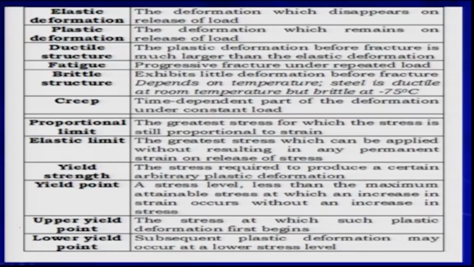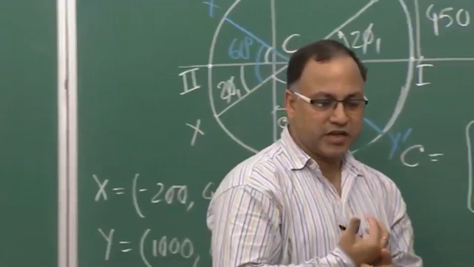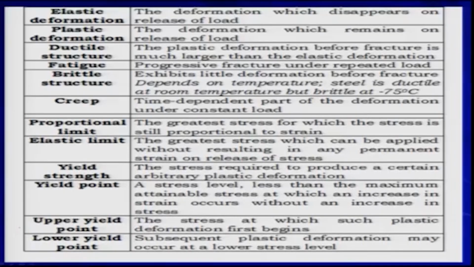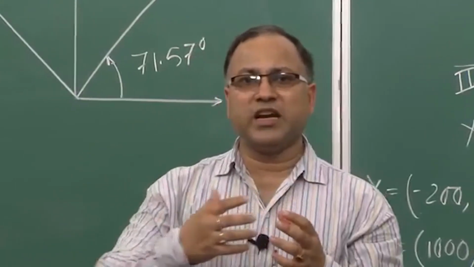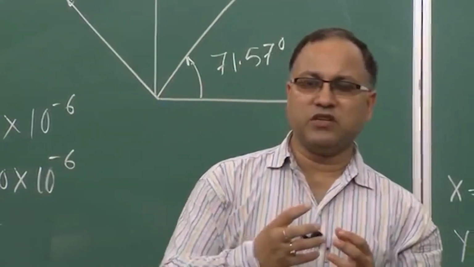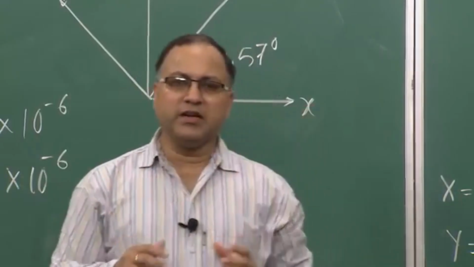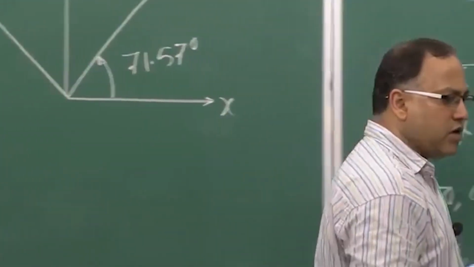Then coming to the yield point. There are two types of yield point that I will be coming to afterward. But what is yield point? Yield point is a stress level less than the maximum attainable stress at which an increase in strain occurs without an increase in stress. So, you are increasing the stress, you are getting an increase in strain, but at a certain point you will see that even without any increase in stress, your strain is continuously increasing. That means your deformation is going on increasing without any increase in stress. That point is known as yield point,